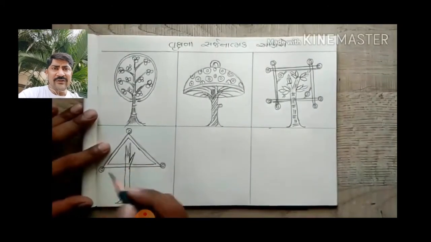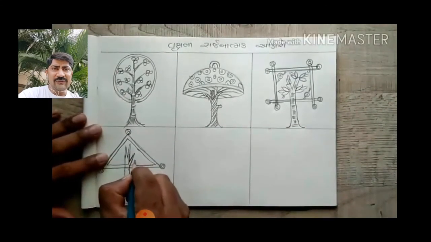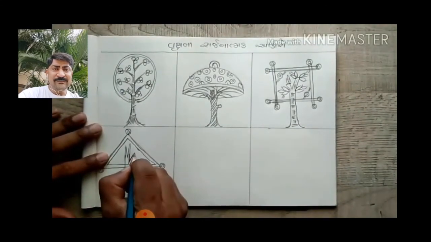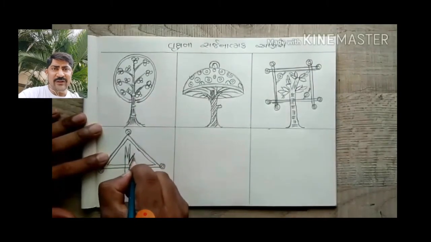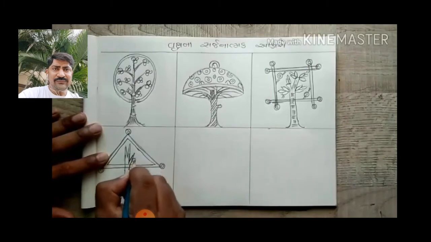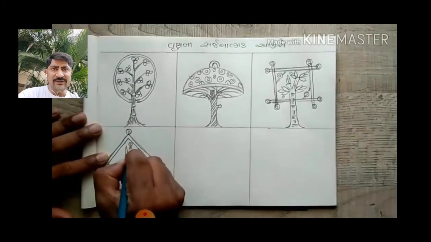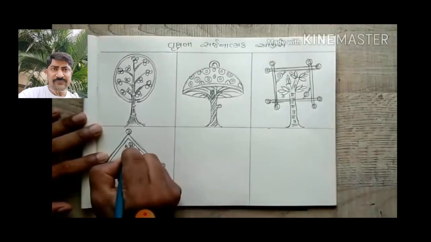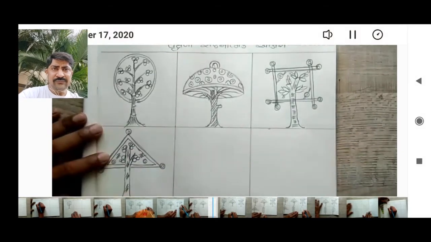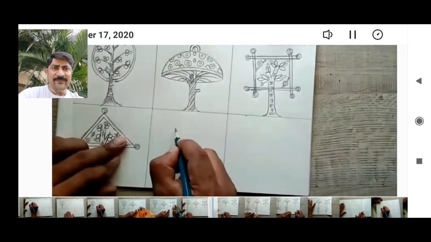Now filling textures inside the tree. So in textures, what shall we do? Obviously we will draw the shape of the leaves or circles. So we draw circles, groups of 3 circles, as we have done in the above tree. And then texture in the trunk. Now we come to the next type of tree.